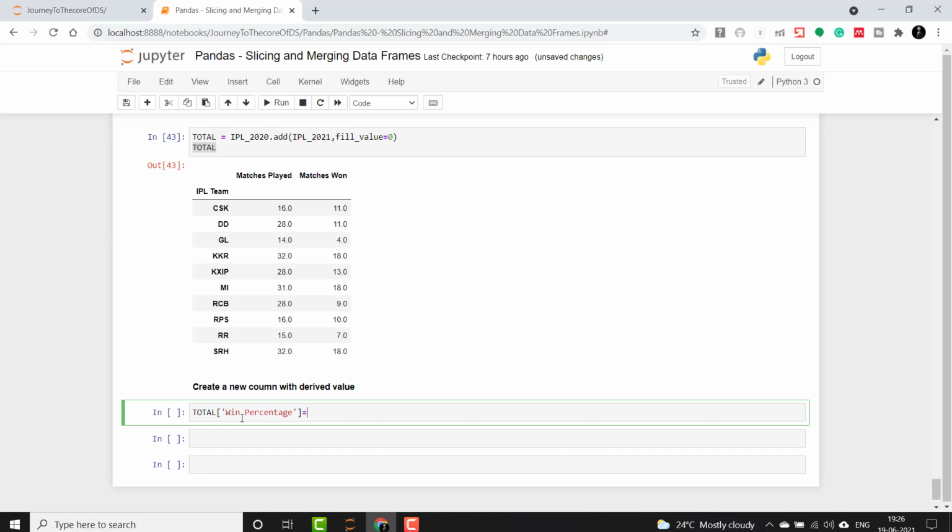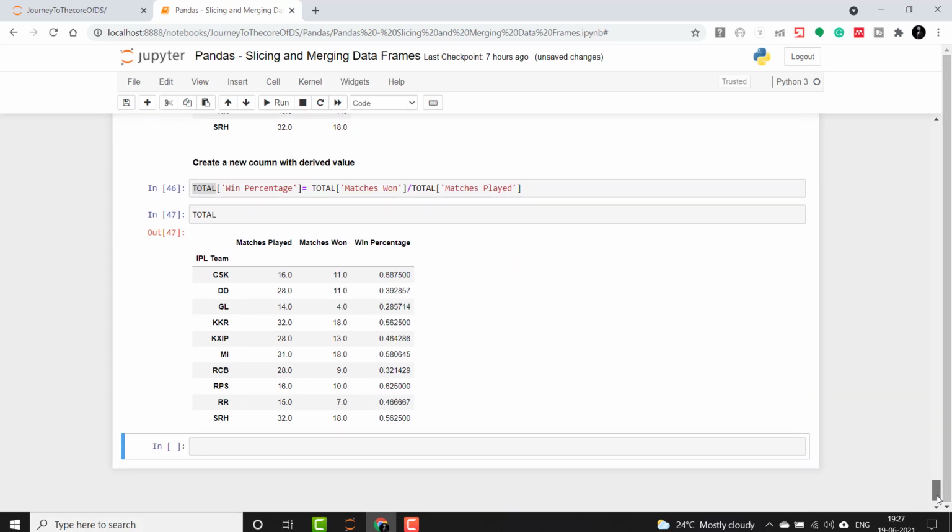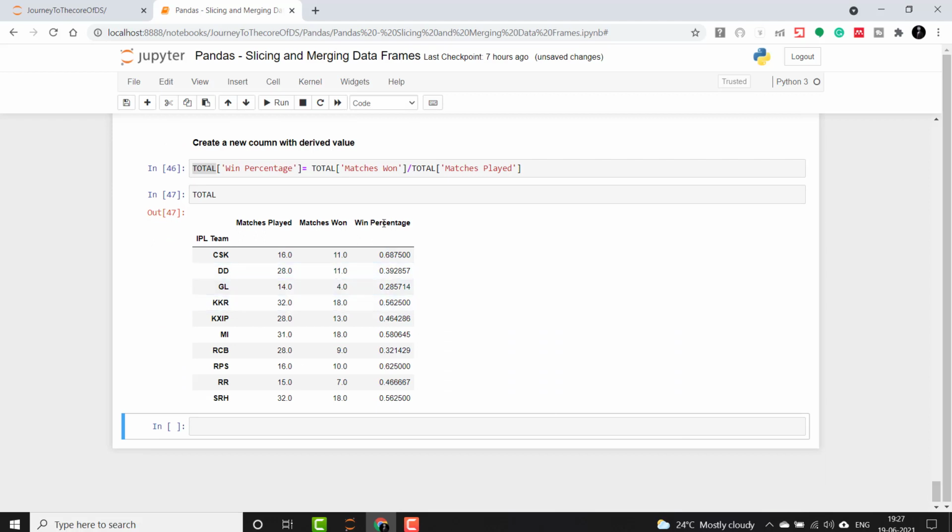This will create a new column, and we'll do a simple division of matches won over matches played. Okay, and then we will print this.